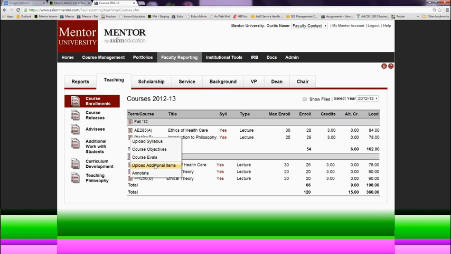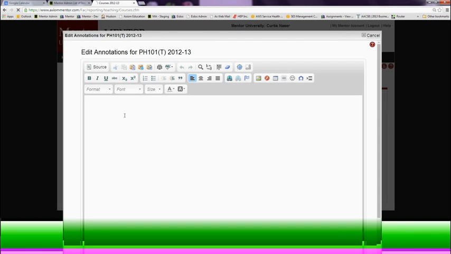There's also an upload additional items option. So if you wanted to upload a couple of student papers, for instance, to a course where you did something different and wanted to give an example of student work, you can do that. There's also an annotation field, so you can write notes on the course. So if you did some curricular development or special